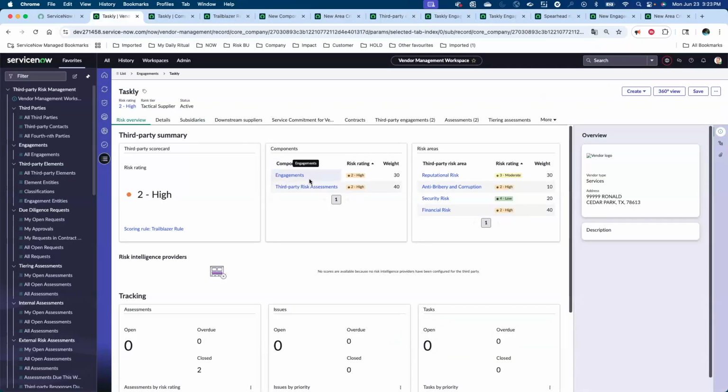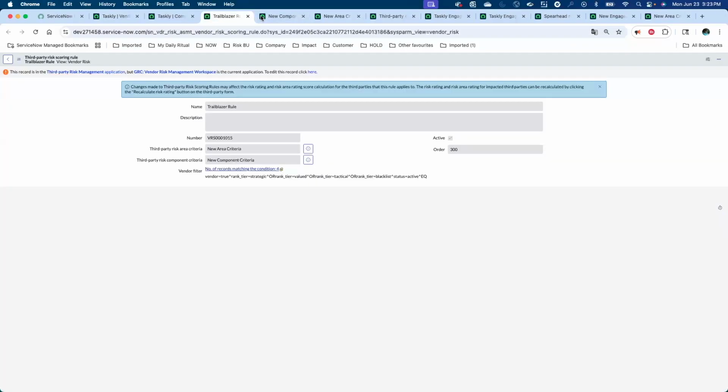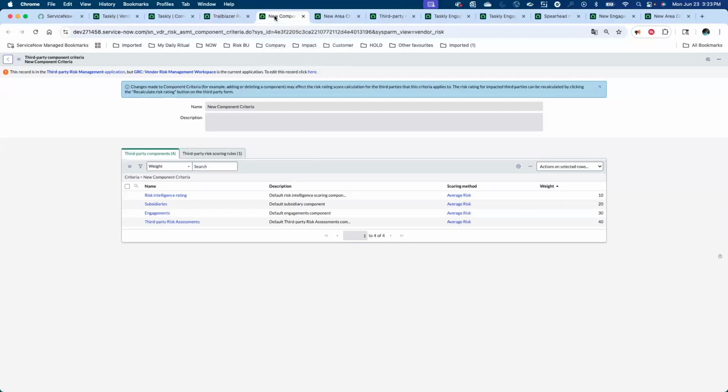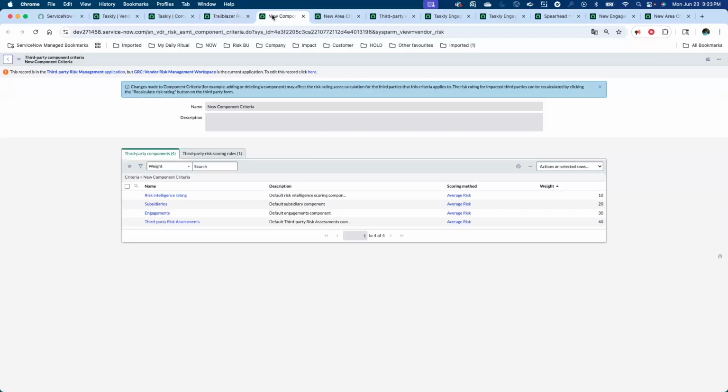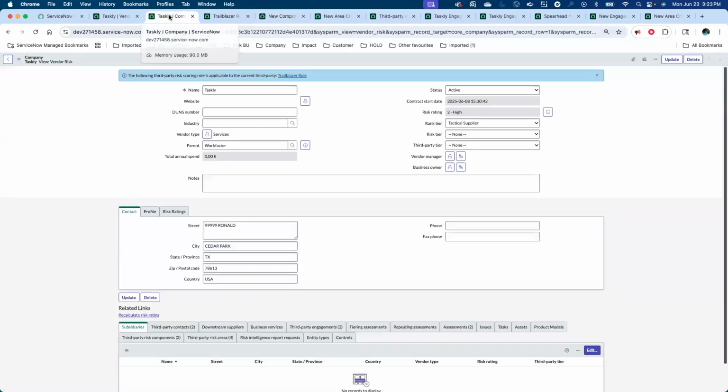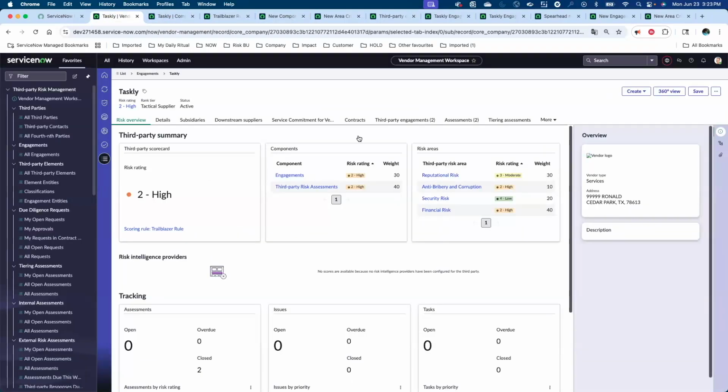The components are again too high for each engagement and third party. For the Trailblazer rule, there is a new component criteria that the rule uses, so we are investigating that component. All the components are applied, and these two are relevant. The risk scoring method is the average risk of engagements and third-party risk assessments for either of them. So again, coming back over here,